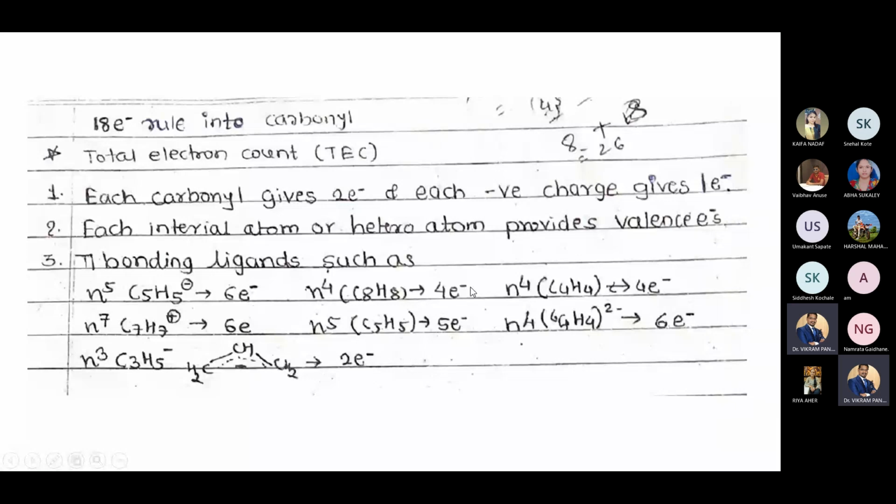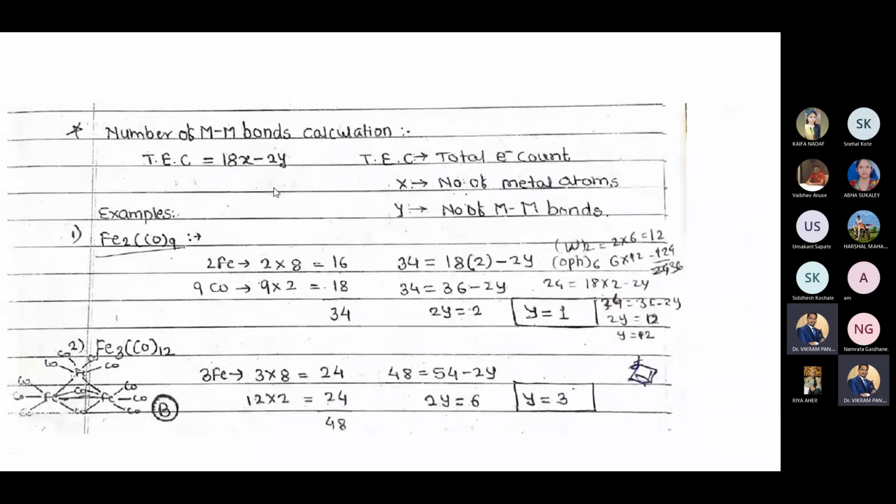Okay, this is the case, and this is very important. Why is it important? Because in the NET exam, in section C, there is a 4-mark question, and 2-mark questions are always there in the NET exam. Then next, how to find the metal bond, how many metals are there and how many metals are joined together, that can be found out by using this simple formula: total electron count.